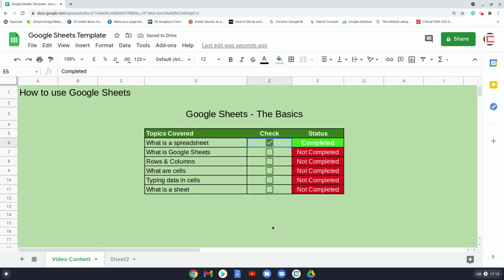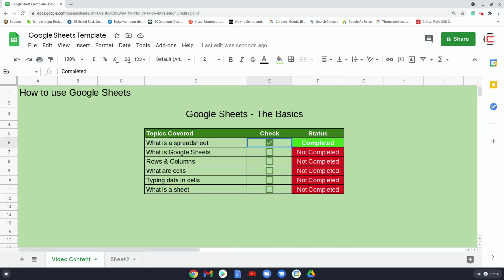So what is Google Sheets? Google Sheets is pretty new when it comes to spreadsheets. If you've ever used Microsoft Windows computers before and you've used spreadsheets before, you'll know about Microsoft Excel. Microsoft Excel is, without question, the most popular spreadsheet program there is, and it's very good. I've used it for many years. It's fantastic. The difference is that people are moving to the cloud, and you can get Microsoft Excel in the cloud,